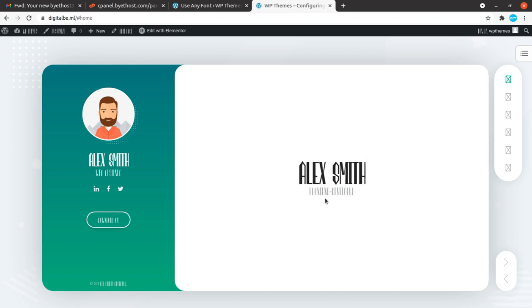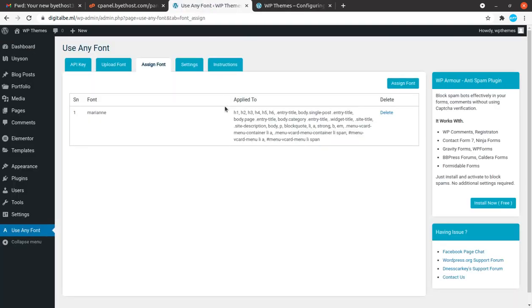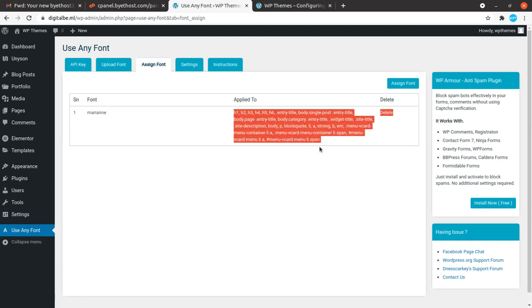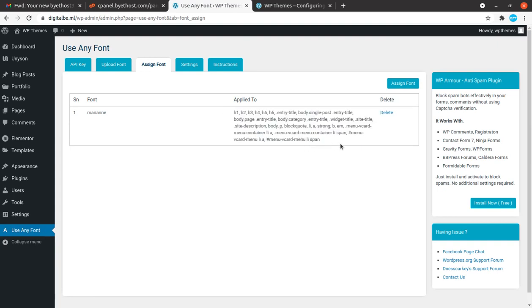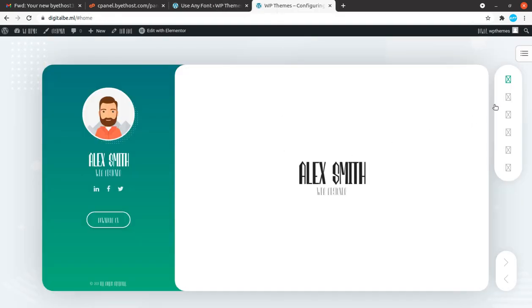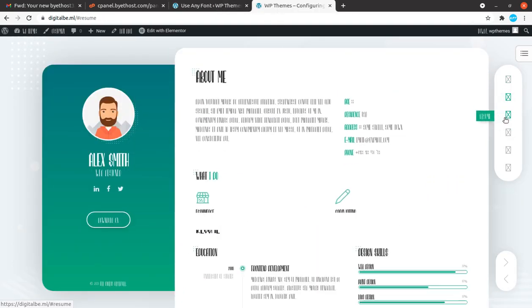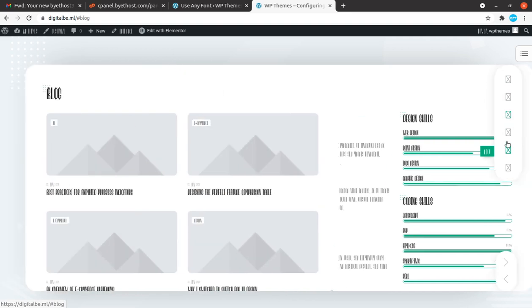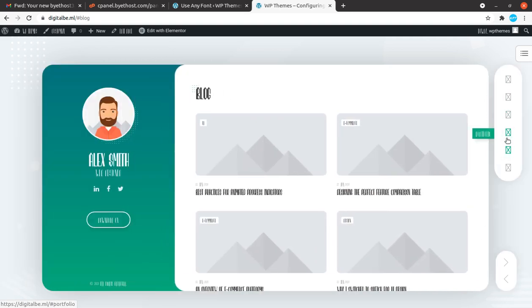But it depends on the selection of your font, and you can always control the areas from the assign font page, and you have to decide where you want to actually put the new font. But yes, you can see the font has been changed on the complete website, and it is very simple and it is effective.